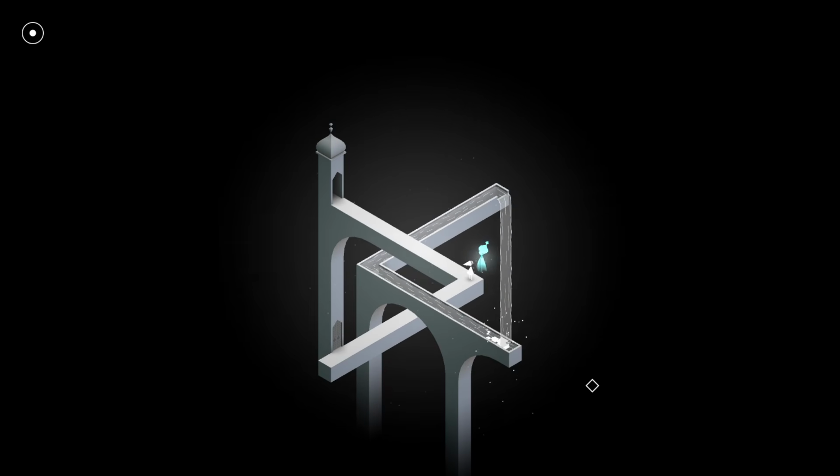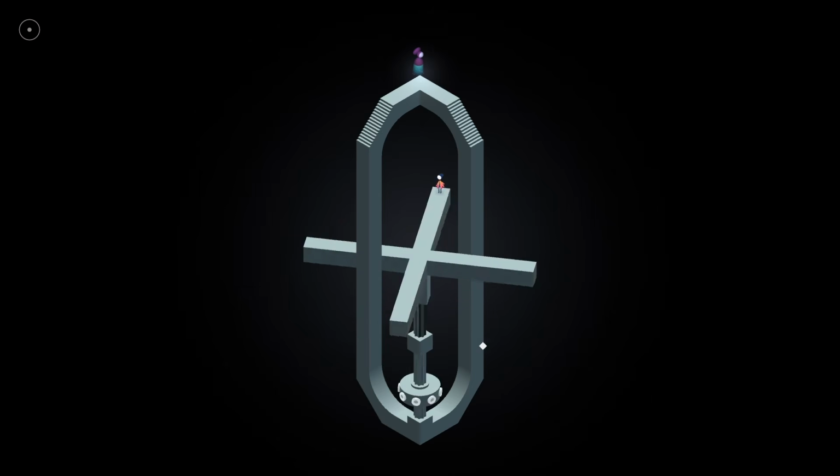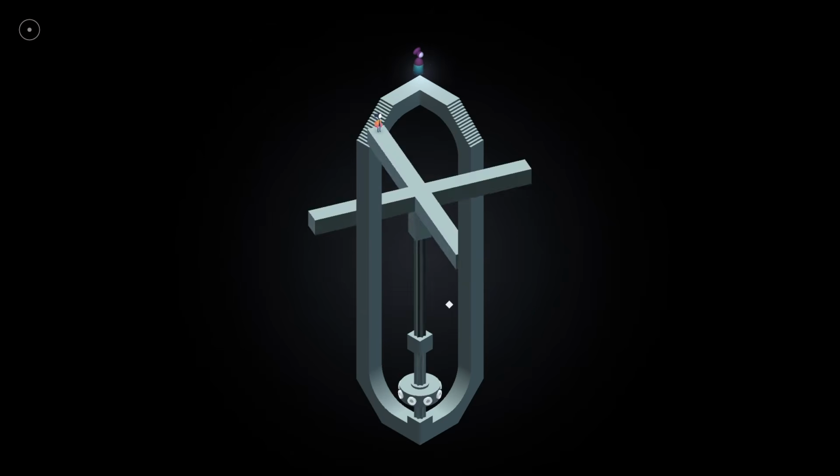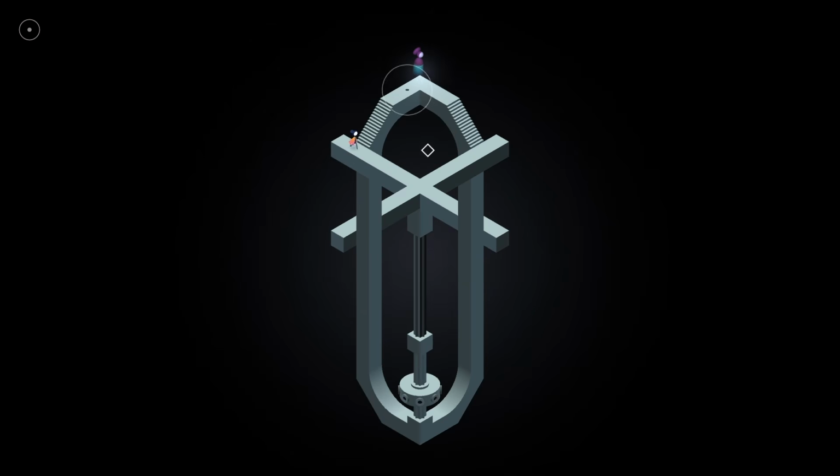But when you've made them, make them move in interesting ways. Or move parts of them so that at the beginning it's not impossible, but at the end it is. And find those limitations of that shape.